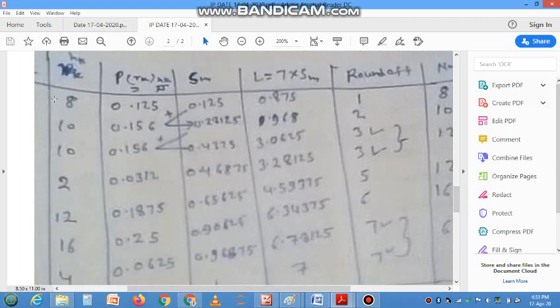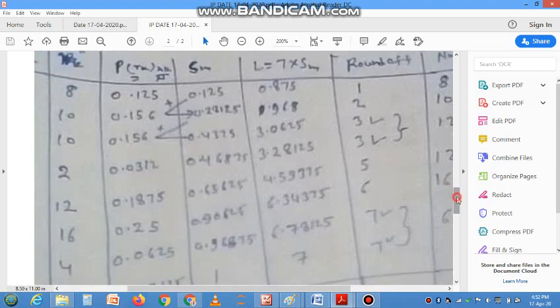Okay, gray label 0 contains 8 pixels, 1 has 10, 2 has 10. In the same way we write the given data in the form of columns. Now from here we have to start to solve the question. So we make a third column, P of rk. What does it represent? Here we have to calculate the probability at each gray label.